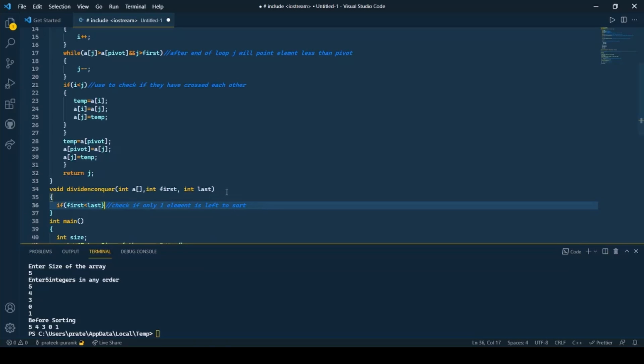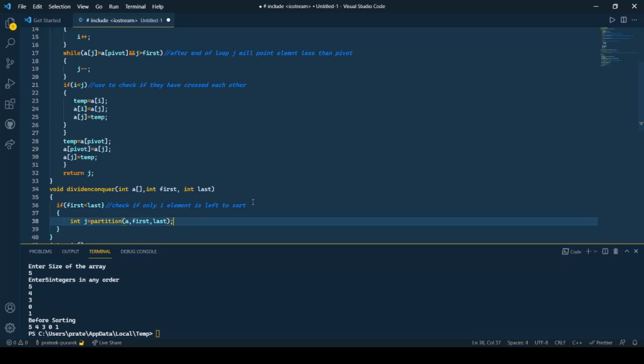So after we have checked if first is less than last, let's write the actual code of divide and conquer. In divide and conquer, we are basically also going to call the partition algorithm which we wrote. So partition, then we are going to pass the array which we received, the first element and the last element.